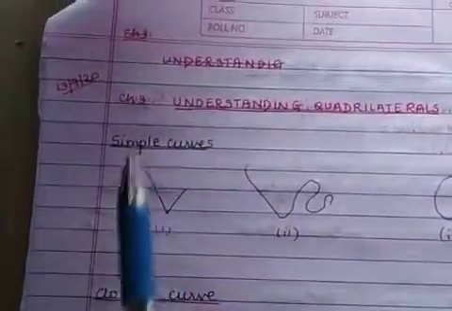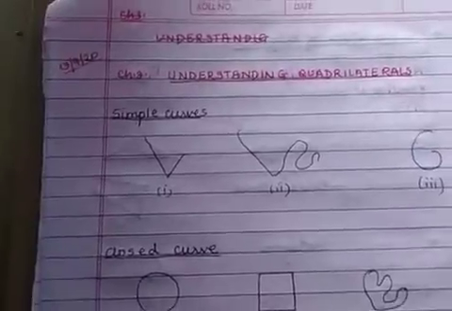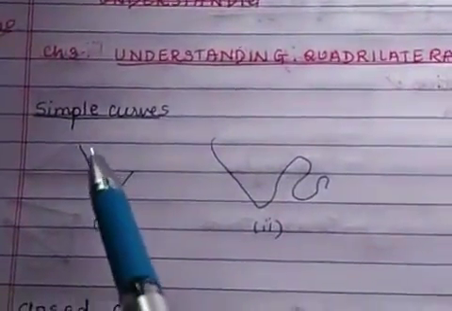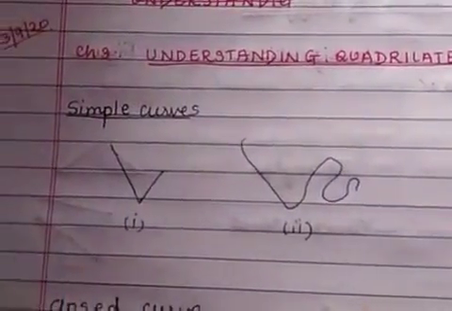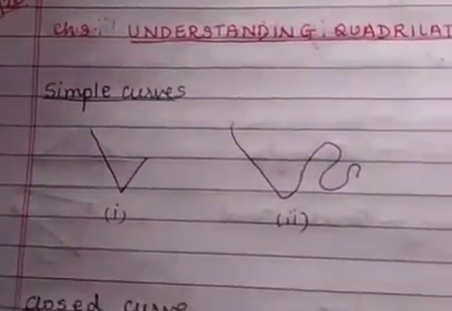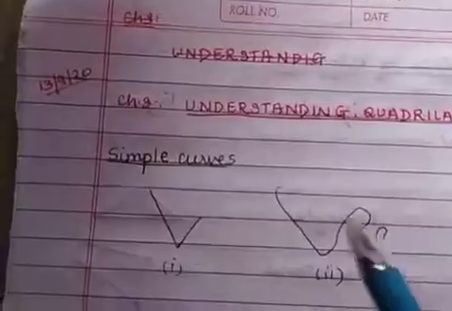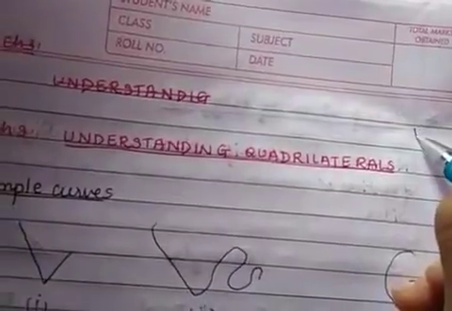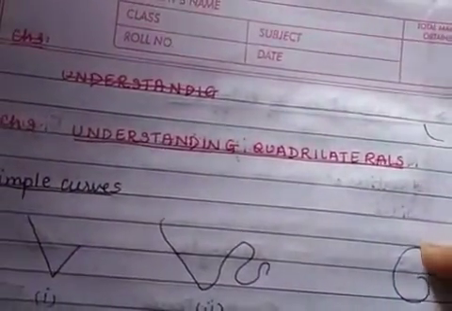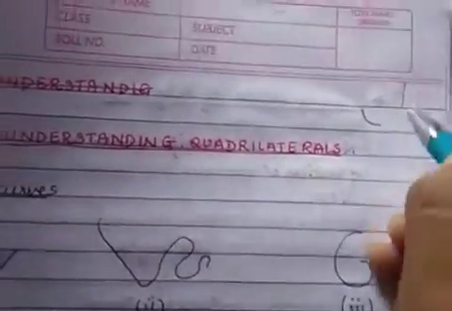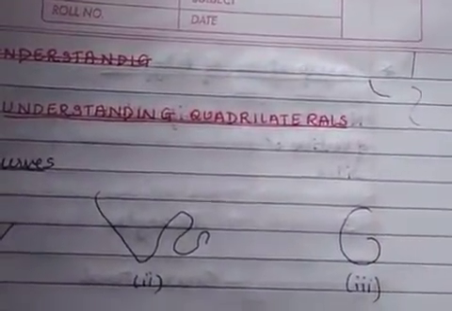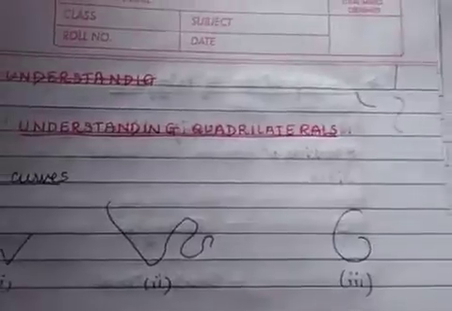Now, you have already come across curves in your lower classes. You know what is a curve? So you know these are all curves, and there are different types of curves that you have come across. Curves are figures that you can draw without lifting your pen from the paper, right? So anything like this, even a line is a curve. Anything that you can draw without lifting your pen from the paper is called a curve.